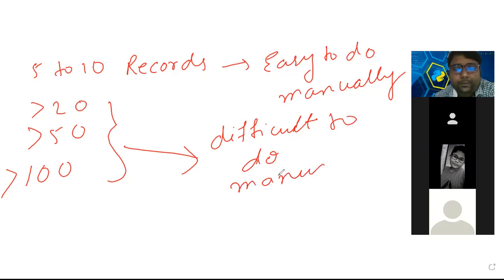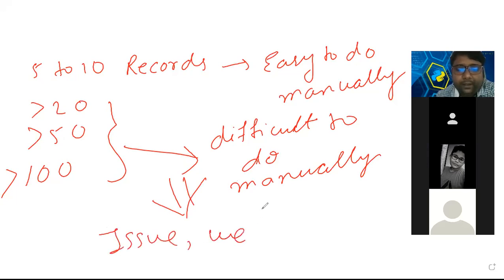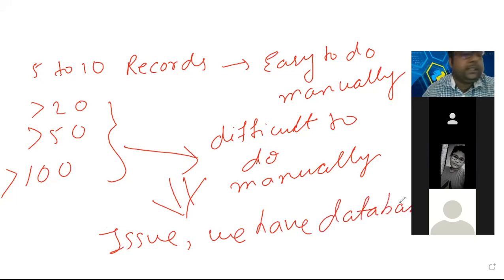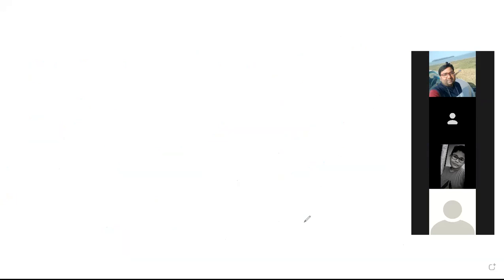So to resolve this issue, we have database. Now we will do it in database.